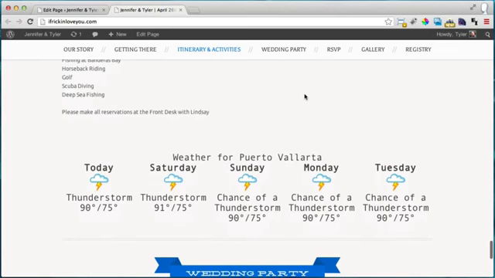And we're going to see that we have our weather for Puerto Vallarta. We have today, Saturday, Sunday, Monday, Tuesday. And that looks pretty cool. That's formatted pretty good. But if we don't want it to be formatted exactly like this, what we can do